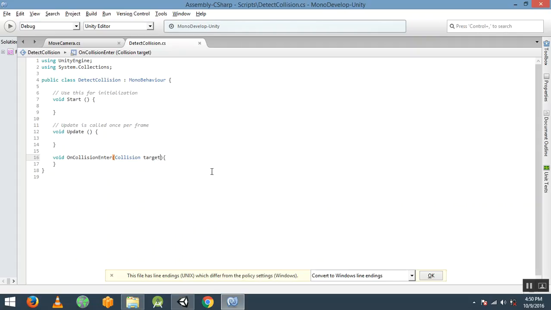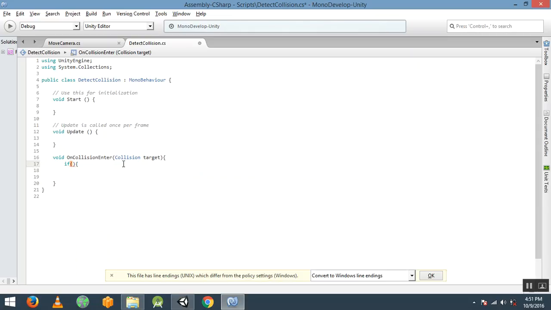We have passed that parameter Collision target, so information of the collision will be stored in the target, and we will check whether it collided with the floor or collided with bricks.